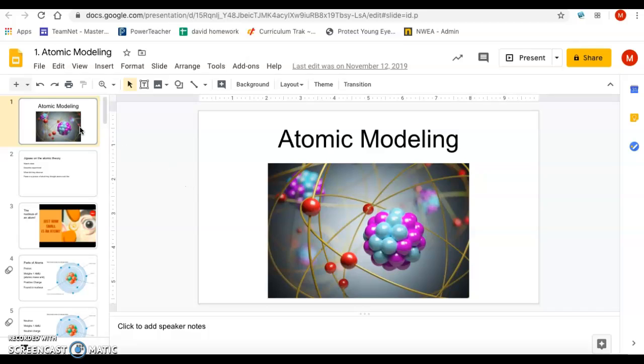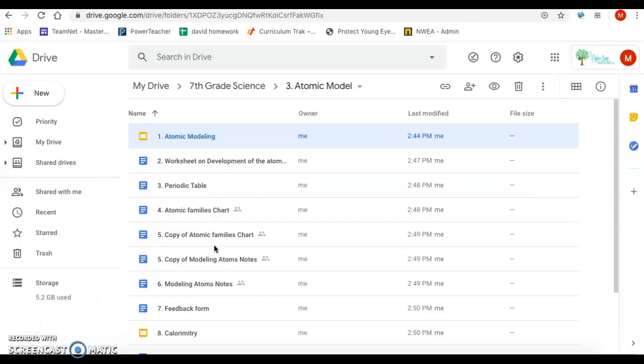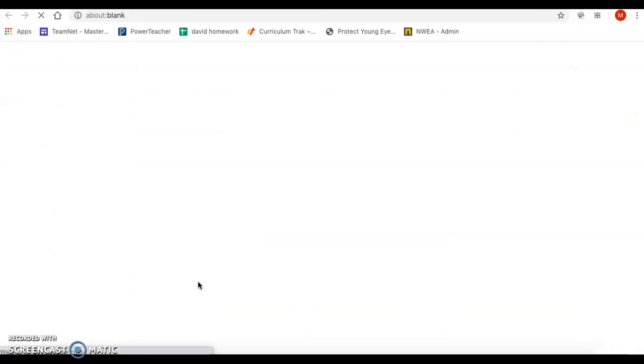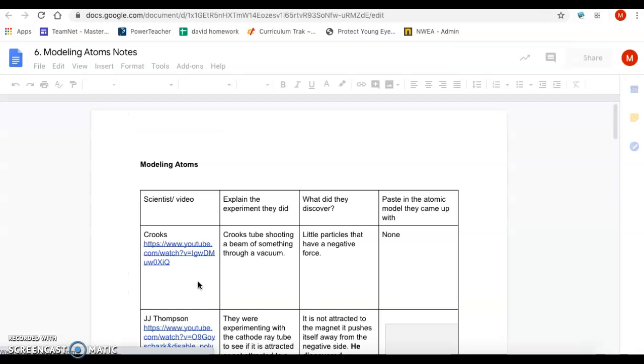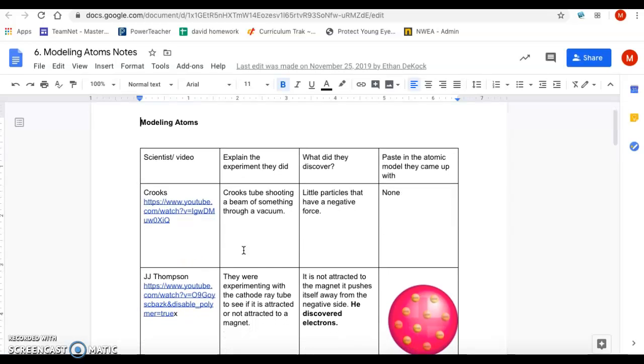So, atomic modeling, here's the PowerPoint, the notes that I use. We did start out with a jigsaw on the atomic theory. This was good, but I found out it was a little bit technical for the kids. What I did, let's see if I can find it here. Modeling atoms notes. Let's try that, see if that was it. Yep, this is it. I split the students into groups, and I gave them a video to